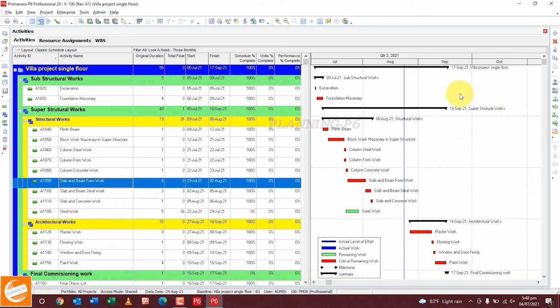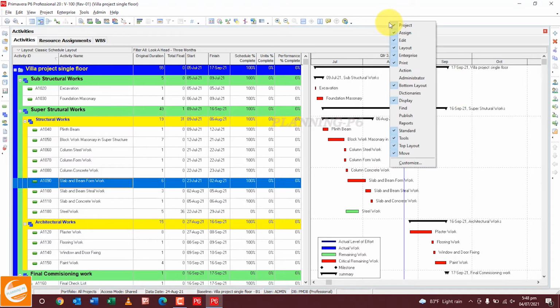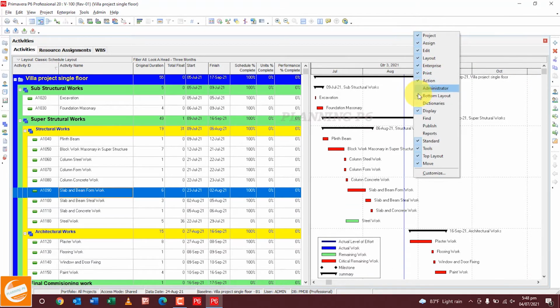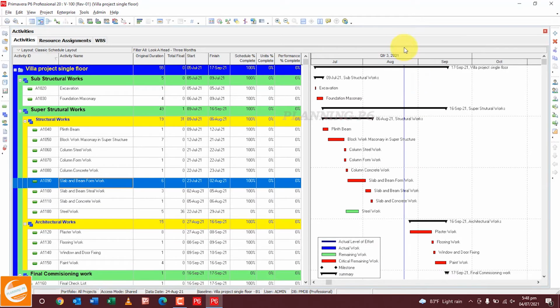Now for the customization option, just go to any toolbar and right click on it. If you want to add more, like Action, which is not there, if you click on Action, this option will be shown. And if you want to hide Action again, you can hide it with the same method.